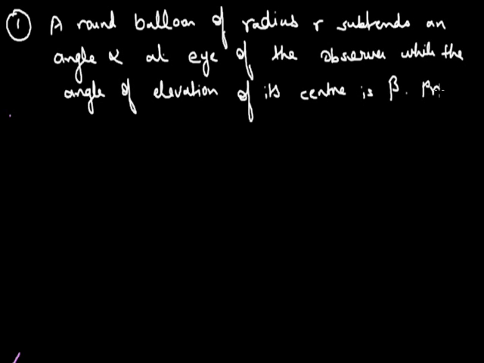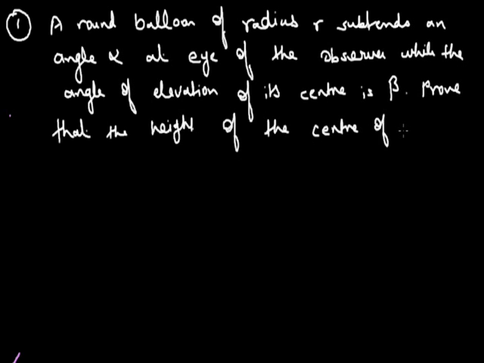So prove that the height of the center of the balloon is r sin beta into cosec